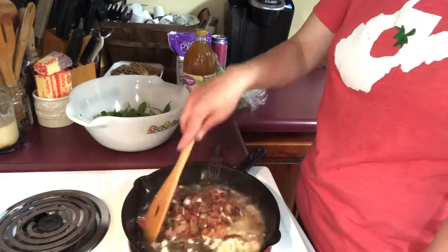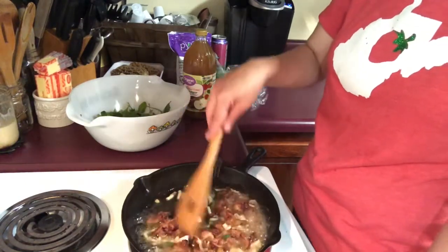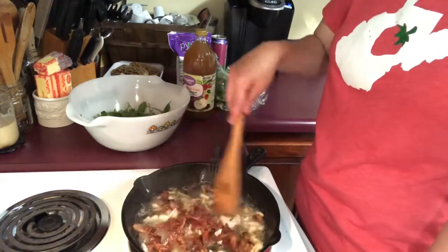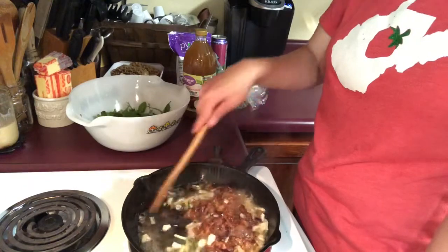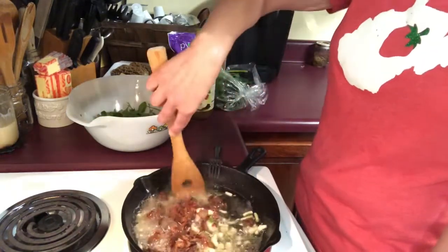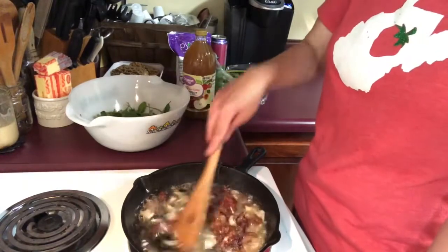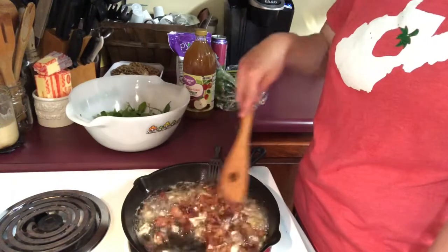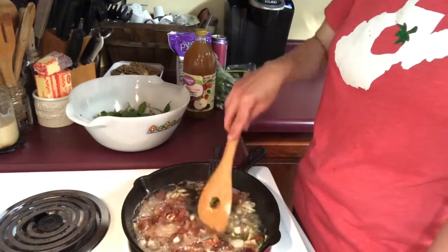And quite honestly, frying it in bacon is how I fix almost all of my vegetables. Like I said, I know the grease grosses some people out, but it keeps me full, and it's been good for my health, believe it or not, so I'm going to keep eating this way. Okay, so I'm going to cook it down a little bit and let the onions